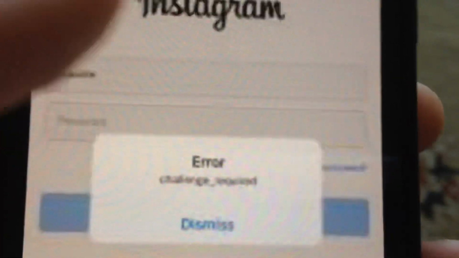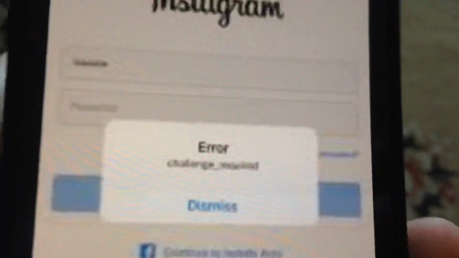So if you see the error "challenge required" on your iPhone when you use Instagram, you just need to verify your account by your phone number or by your email. This is the way you can fix it. But when it won't show you any challenge, so you won't see your email or phone number,